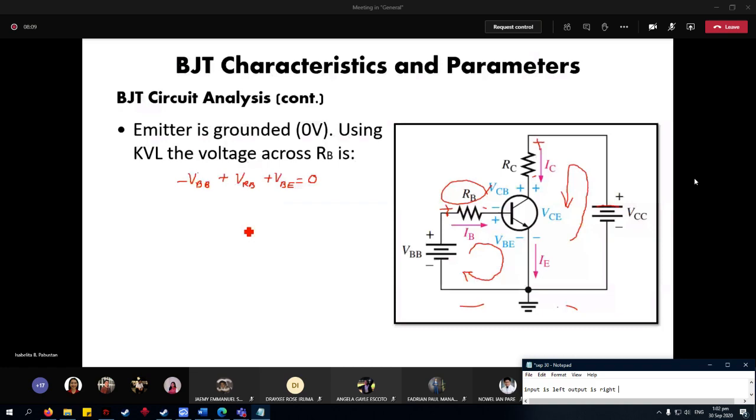So, negative VBB is equal to negative VB plus voltage across RB plus VBE equal to 0. So, that is your loop equation. So, we can write now,